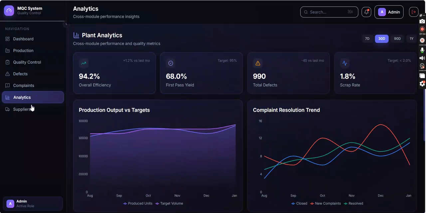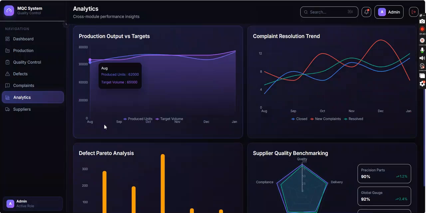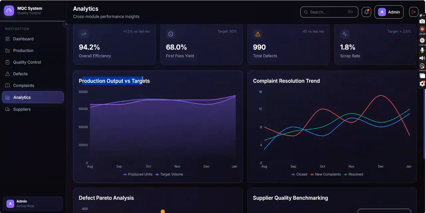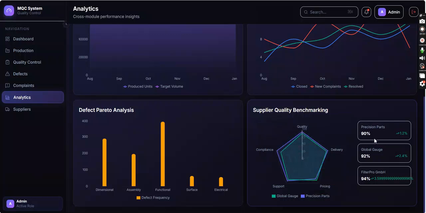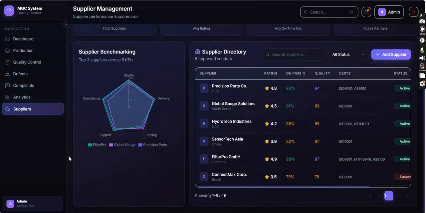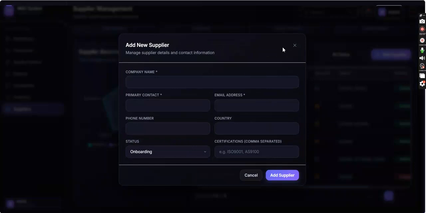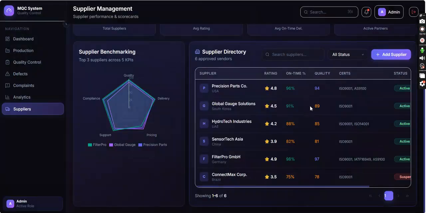Now the second page is analysis, with overall efficiency, first pass yield, total defects, and escape rate also available here, plus production output target and component resolution trend. When you click on this platform, it is fully animated, and a supplier button is also available here. You can see that the design looks professional, and this form also pops up. When you fill the form and save the details here,